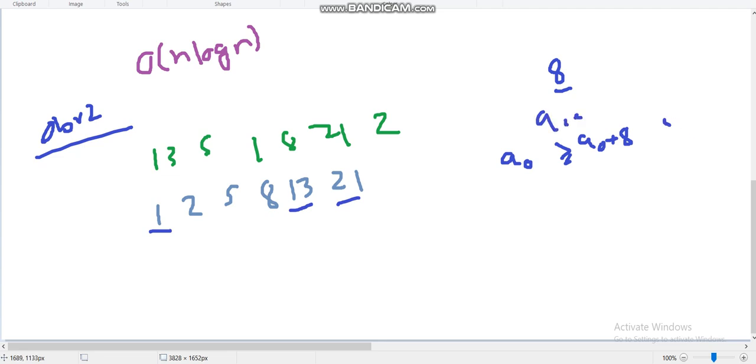Now again we will find greater than or equal to a1 plus 8. This will be a2. I hope you got it. Now this is not given to us, right? 8 is not given to us, but if you think carefully, this is an increasing function. Like if we take this as 7 and this as 8,